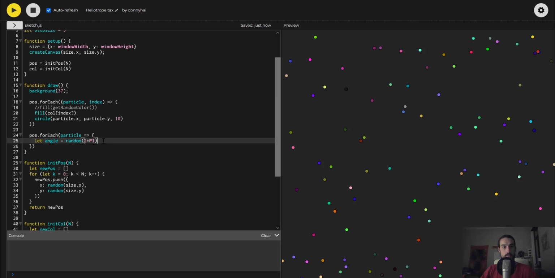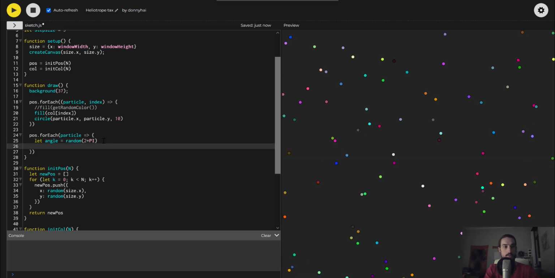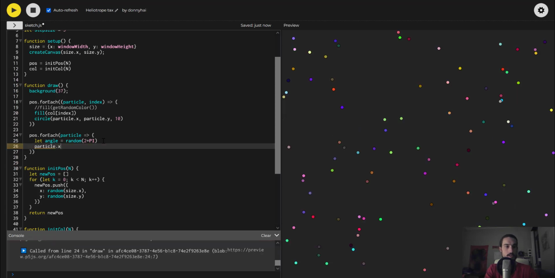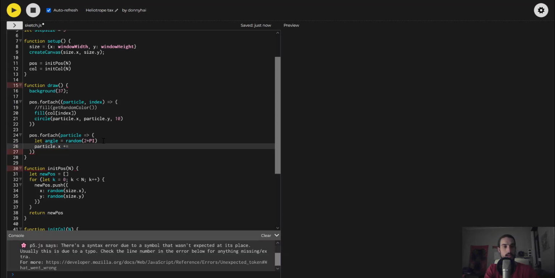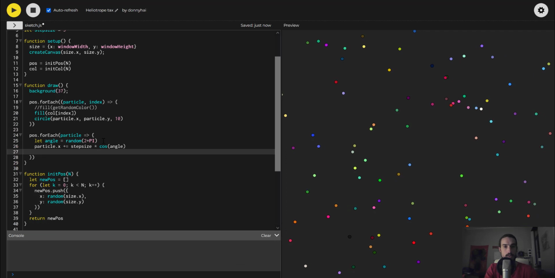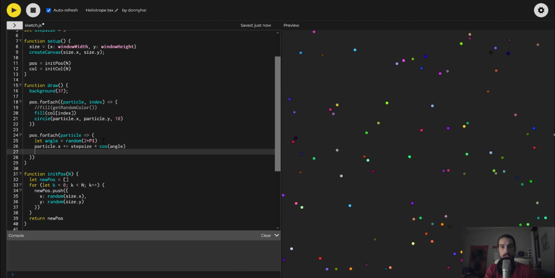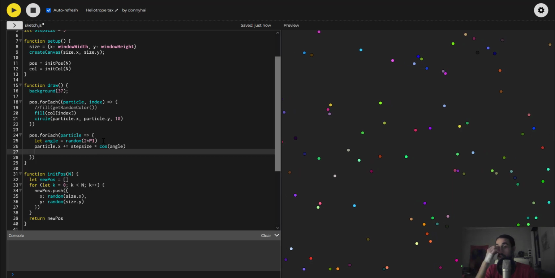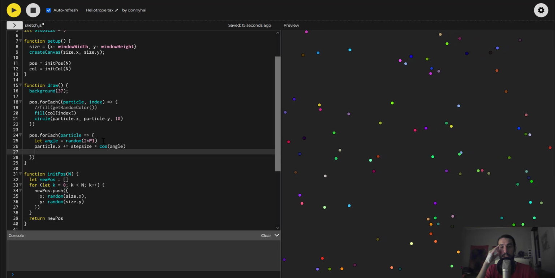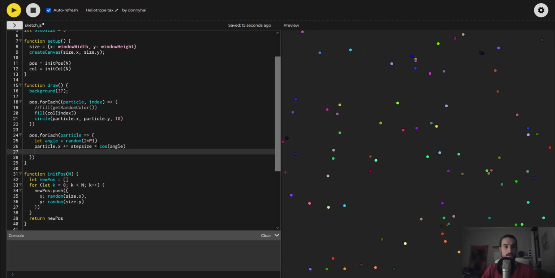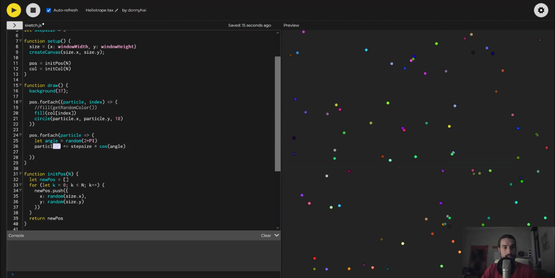So for that I will choose a random angle. What I will do now, not sure if this works, let's try that out. I will add on particle X the step size times the cosine of the angle, and what we can see here looks very nice as well. Actually looks very nice. So now all the particles just randomly move left, right,